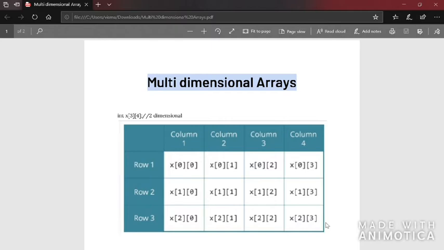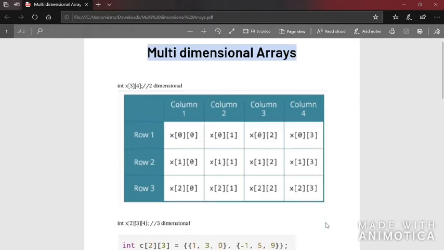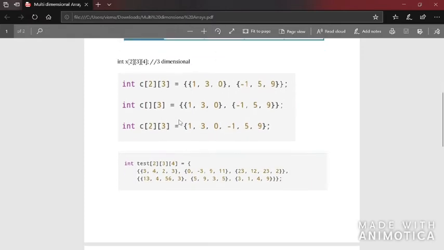Now this is a 2-dimensional array, that is, it has only rows and columns. Here there is something that is 3-dimensional. It has something more than rows and columns. How will an array look if it has only 2 rows and 3 columns?